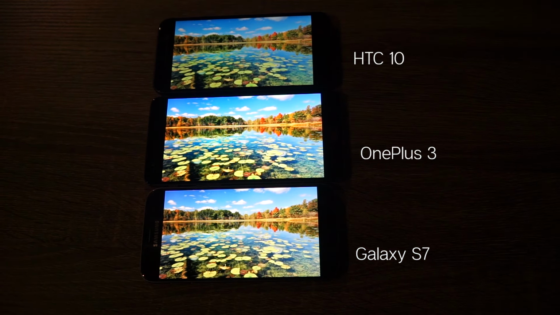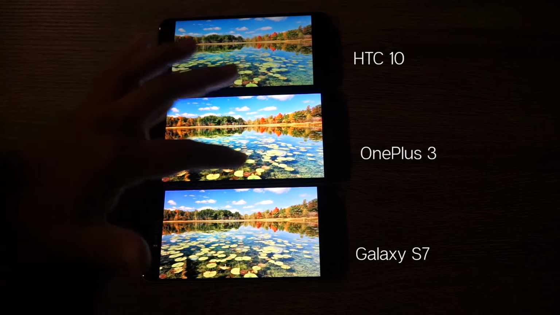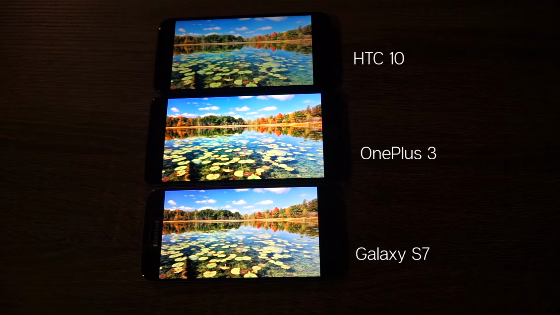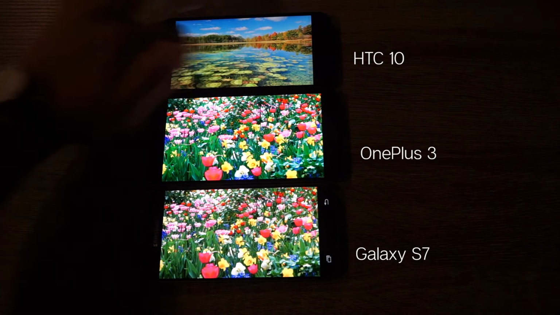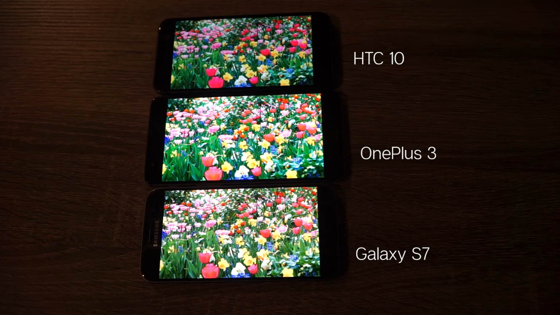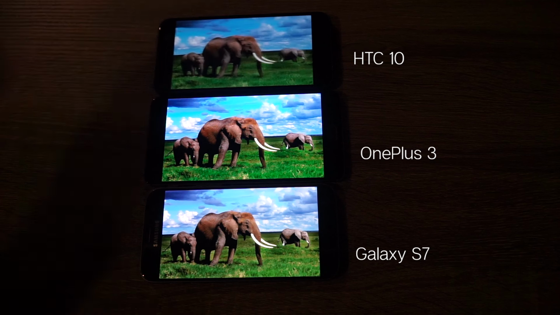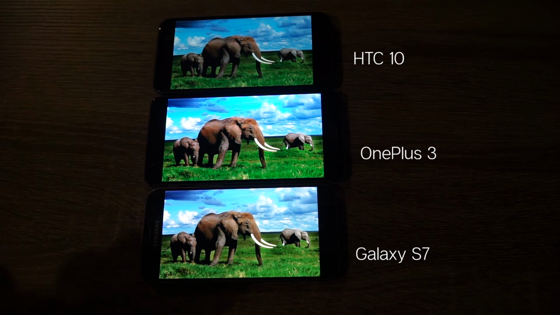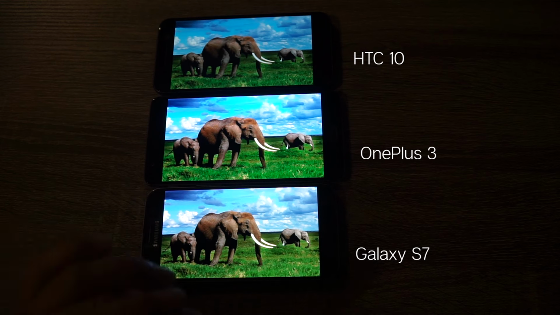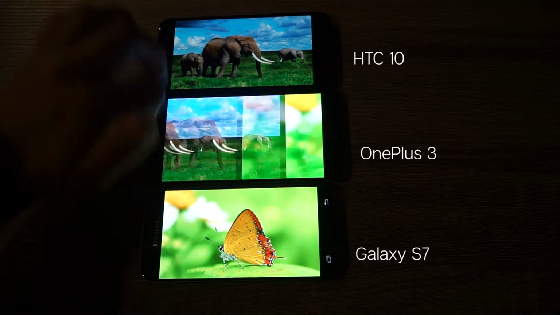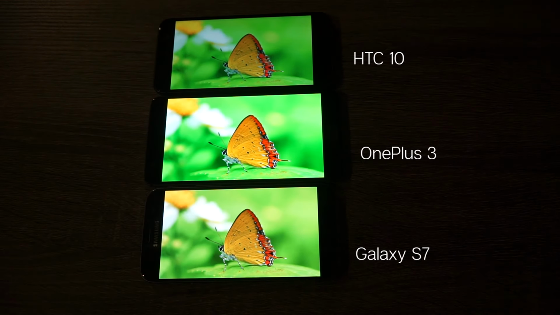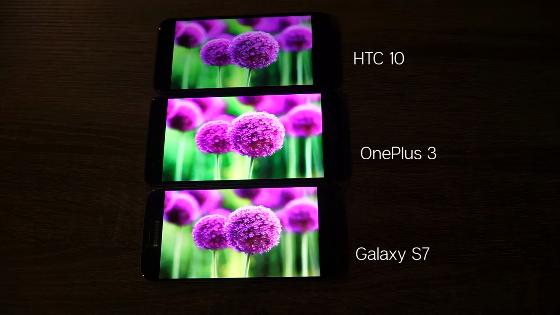And the water here, the lily pads or whatever right around here, you could tell are a lot more saturated, a lot more poppy. The contrast is really high. The flowers, the elephants, and you can take a look at the grass on the S7, how earlier I said it was too high of a contrast, or it looks so much different than the rest, but now this is a lot more muted. The butterfly, the flowers,